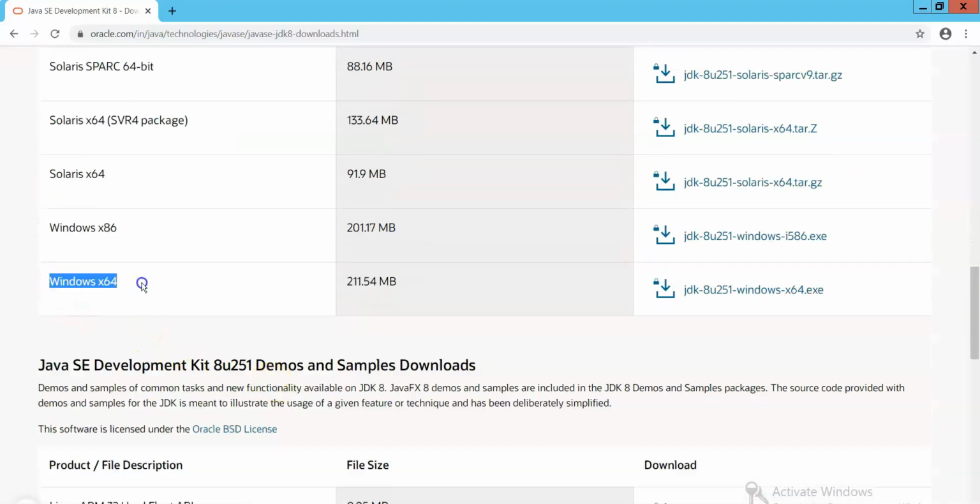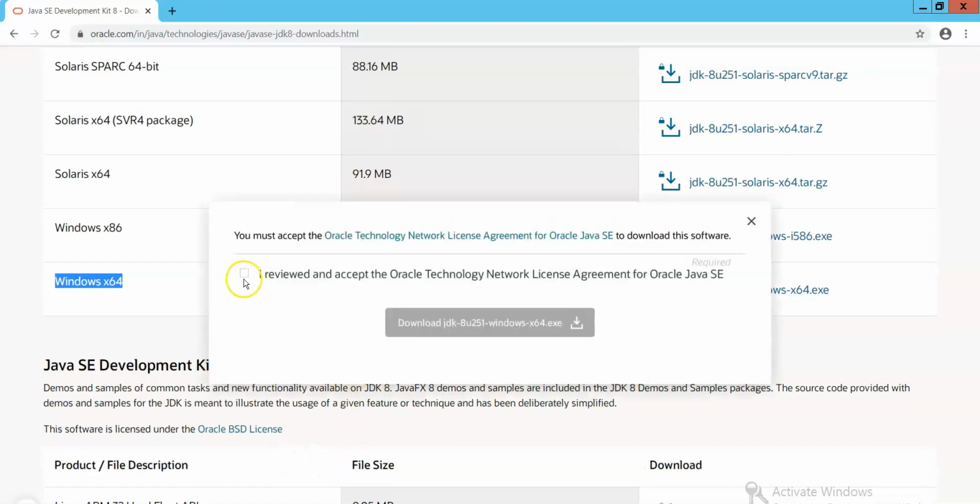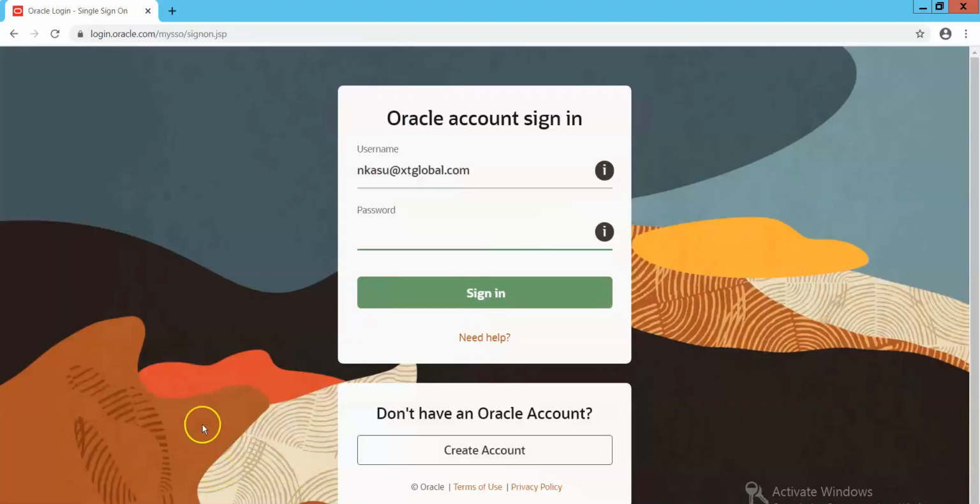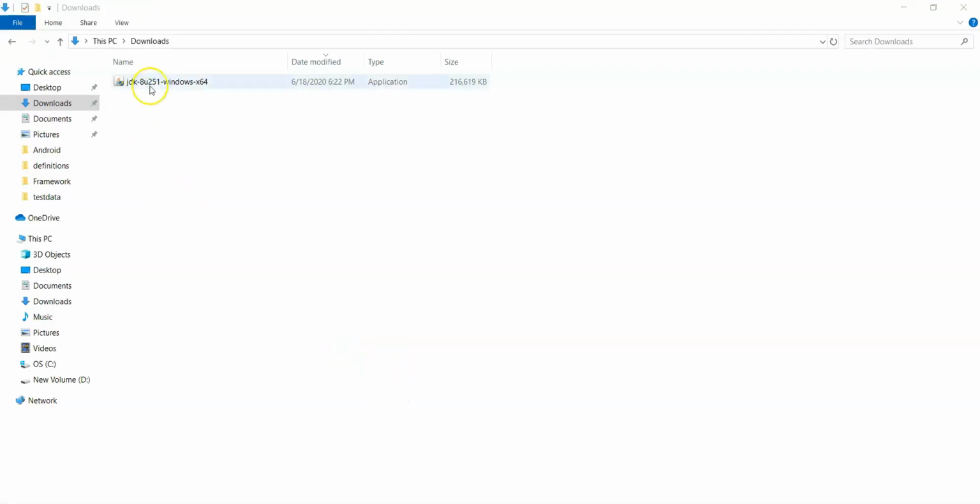Let's download Windows file. So select JDK 8U251 Windows version. Okay. So download this version. Select the checkbox and then click on download JDK version. Download starts. After downloading the Java, you will get this file in downloads folder.